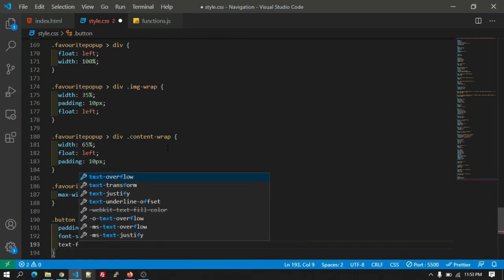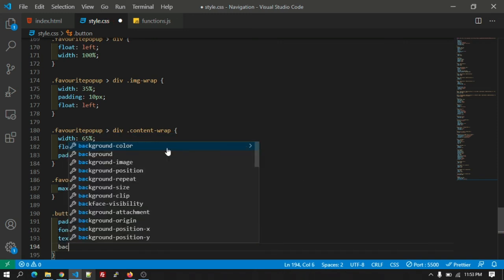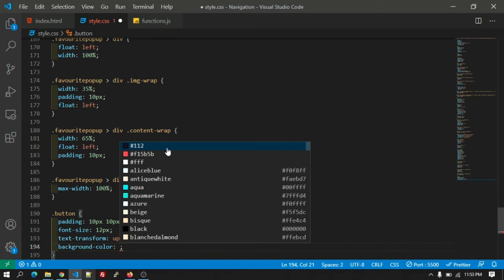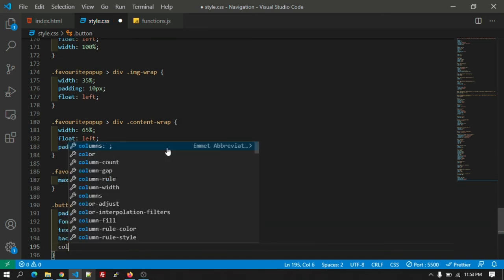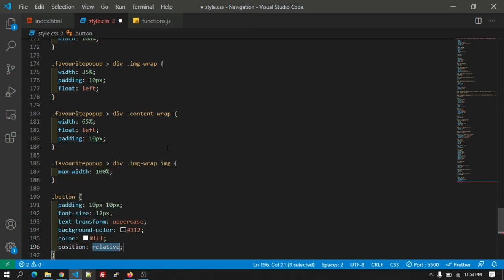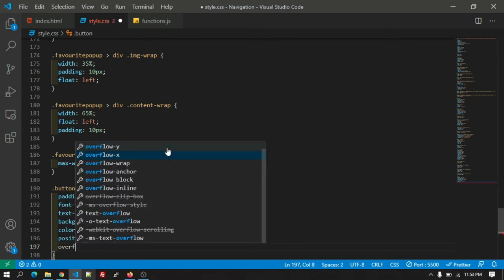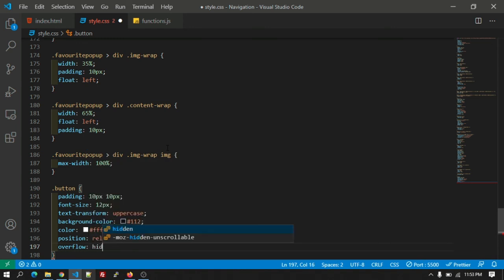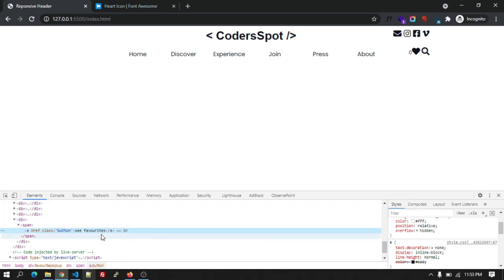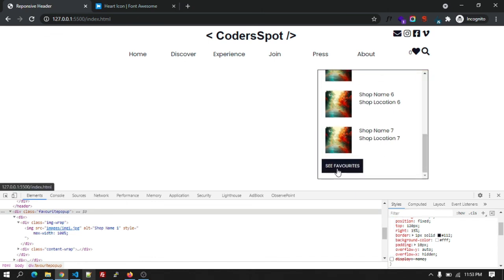Text transform uppercase, and the background color will be 112, and the color will be white, and the position will be relative and overflow hidden. Okay, this is the button that we have created. Let's see how it is looking. So this is how it is looking.